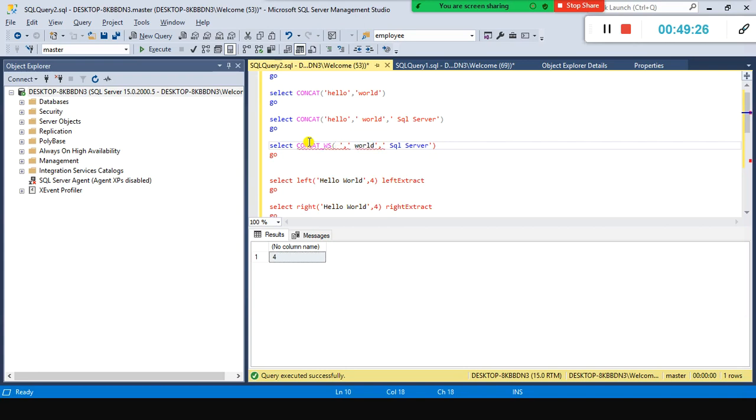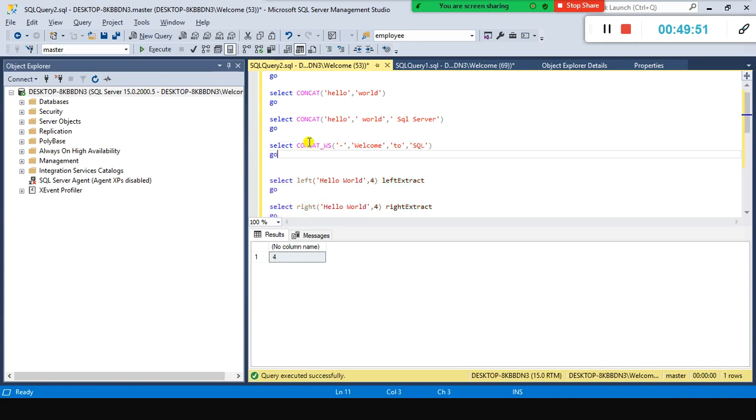For example, CONCAT_WS. I just remove everything and type it here. You need to specify a separator. For example, I want to separate the expressions: welcome, to, SQL.